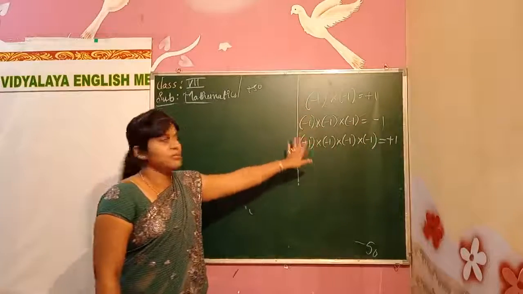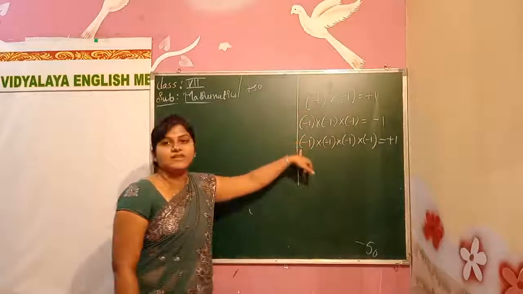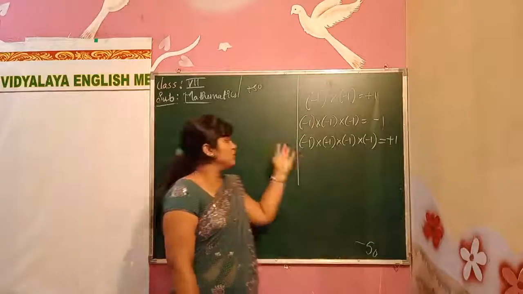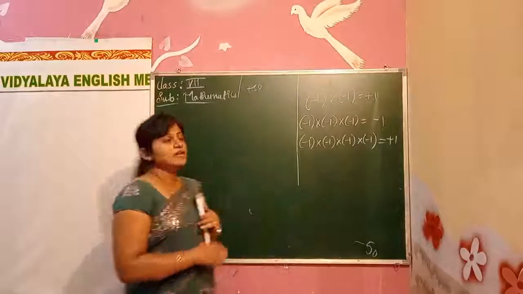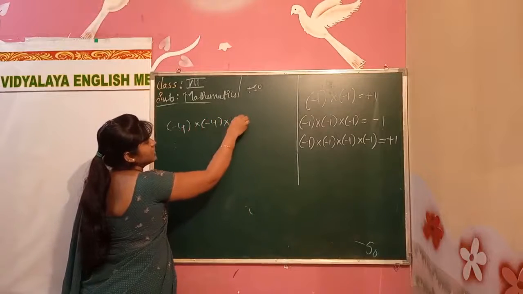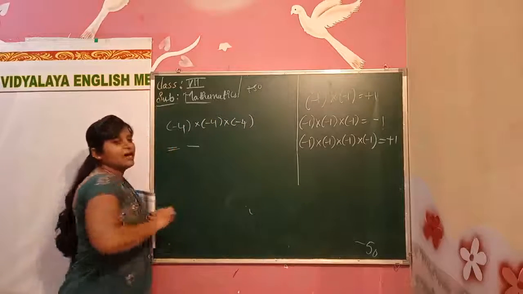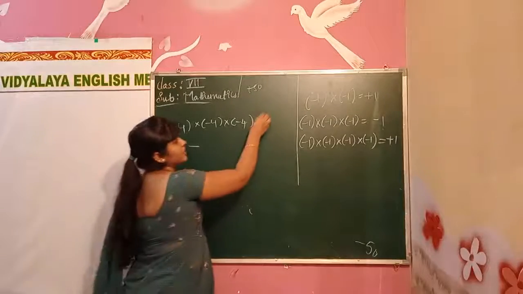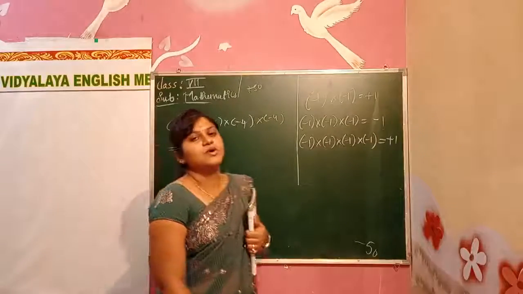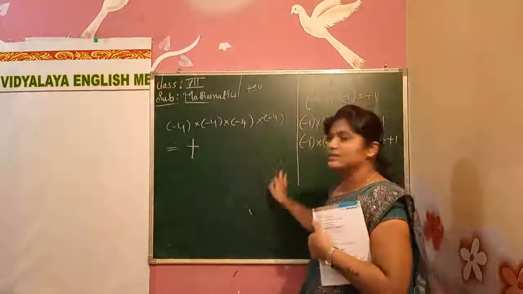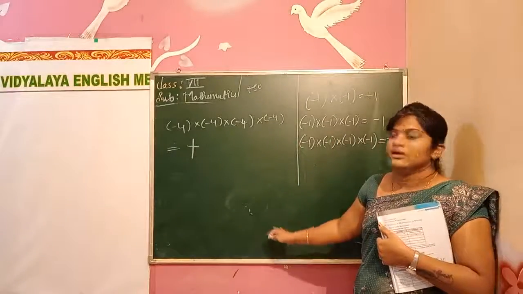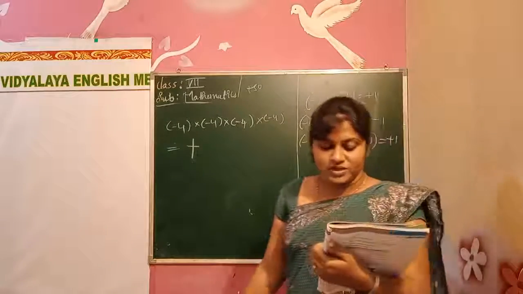It depends on even numbers and odd numbers. For all even counts the answer is positive, and for all odd counts the answer is a negative sign. Okay, the simple thing, in the question only you can easily identify. If they give 3 numbers, the answer will definitely be negative. When they give 4 numbers, the answer will definitely be positive. Sign is very important in integers. If you make mistakes in signs, you will lose your marks. Please concentrate on that.